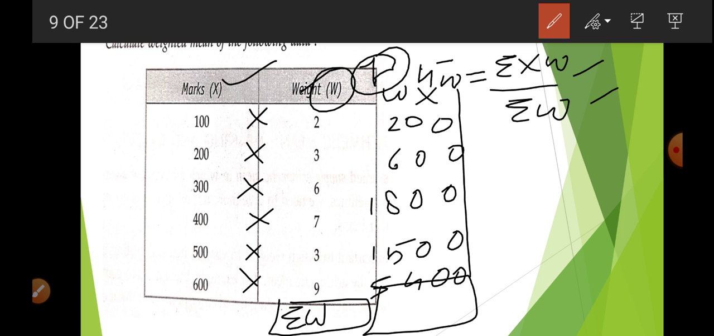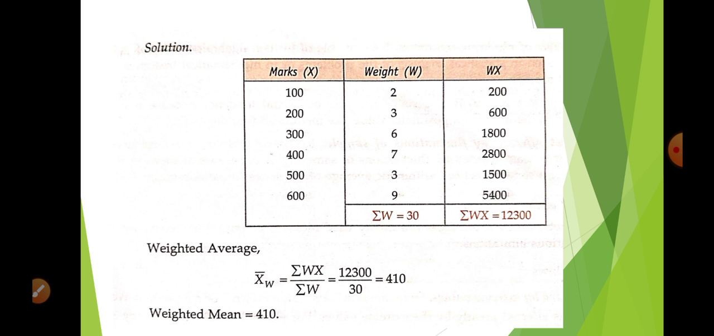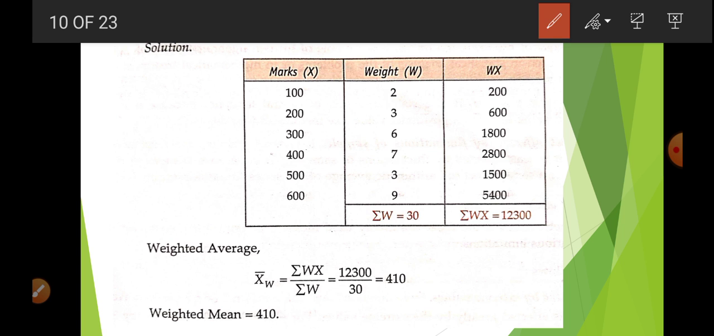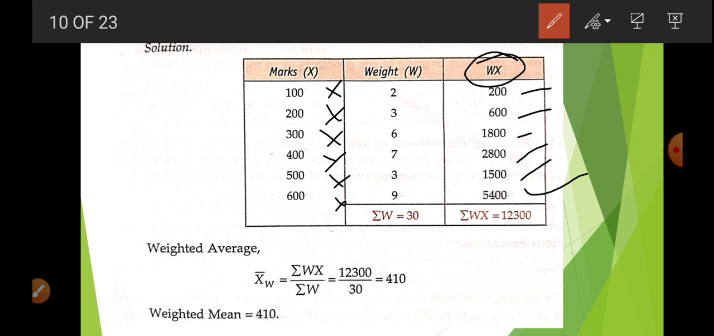After that we are going to add it. The next column is Wx. We are going to multiply these numbers. When we multiply 100 by 2, we get 200. 200 multiplied by 3, 600. 300 multiplied by 6, 1800. 400 multiplied by 7, 2800. 500 multiplied by 3, 1500. 600 multiplied by 9, 5400. When we add it, we get